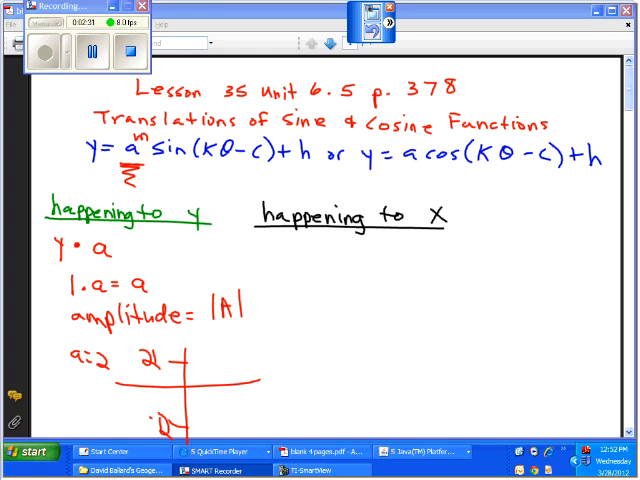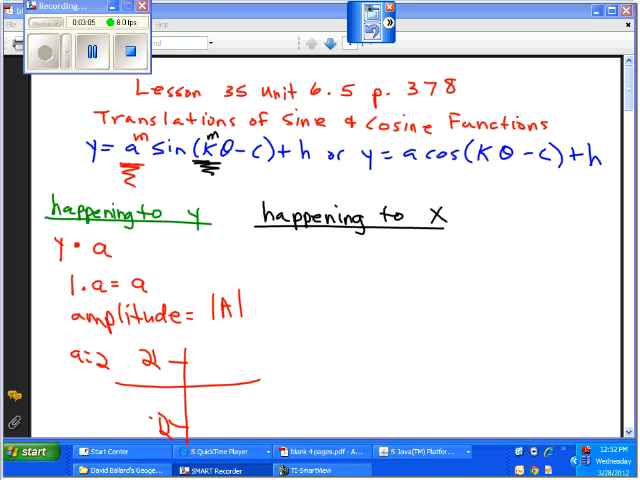Okay. Now, we haven't really talked about what happens if it's over here. We haven't done that yet as far as sine and cosine. So we hadn't messed with that. But then we actually messed with this right here. We said, okay, what happens if it's k? Well, what does the k do? Well, it's inside the parentheses, so it's happening to x, and it's happening to x in the inverse operation,